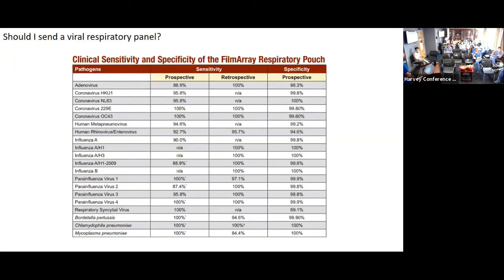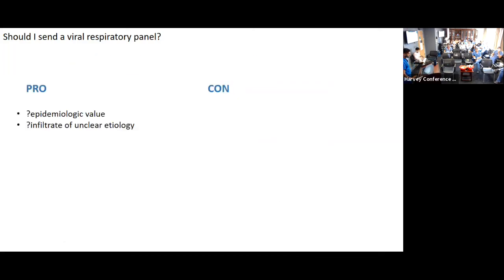Should you send a respiratory viral panel? Nothing about COVID. Everyone should be tested for COVID, obviously, and everyone is. Yeah, why no? Exactly, that's exactly right. So first of all, these numbers are made up. This is the company that provides the respiratory viral panel that we use in this hospital. And no idea where this came from because there's no gold standard. So they basically derive sensitivity off of their own arbitrary PCR cutoff threshold. Then from there, as you point out,